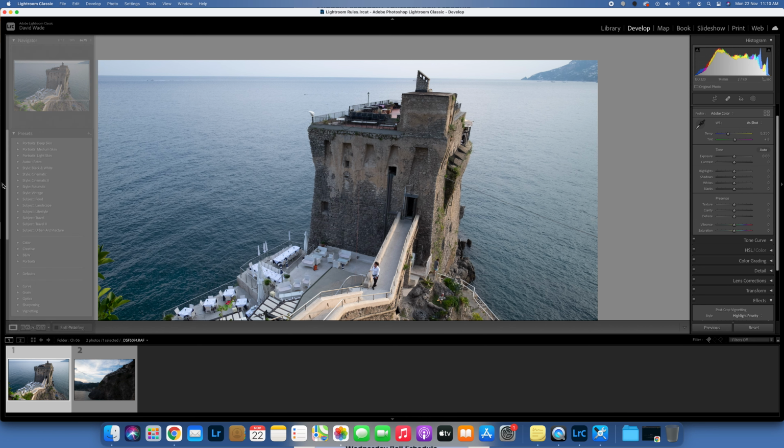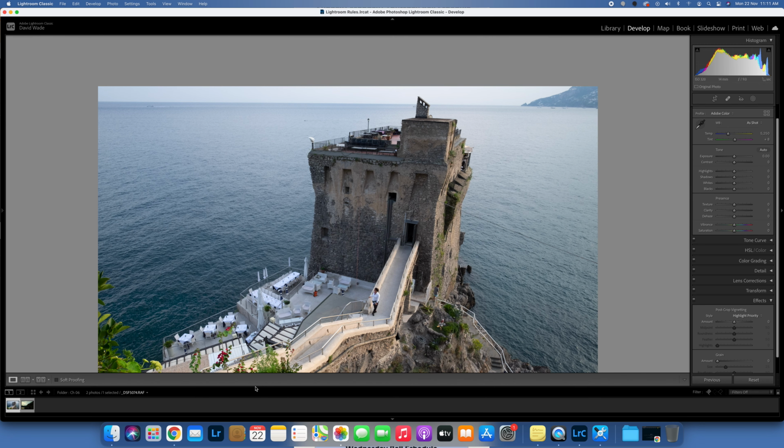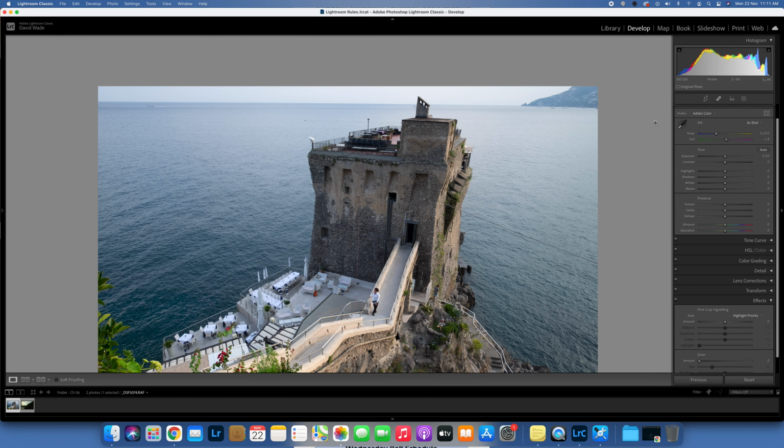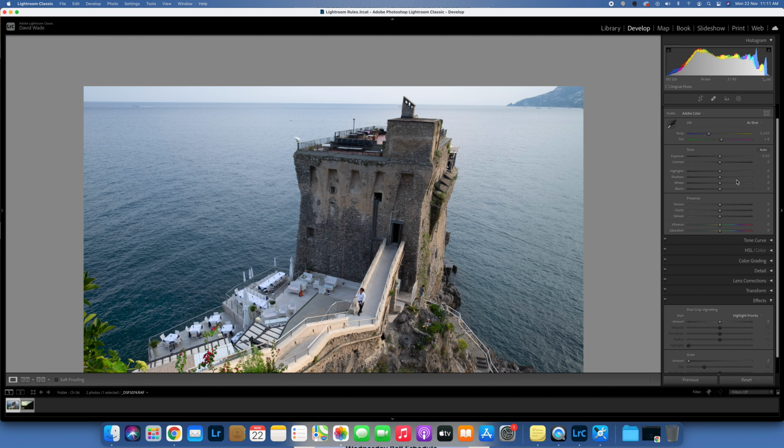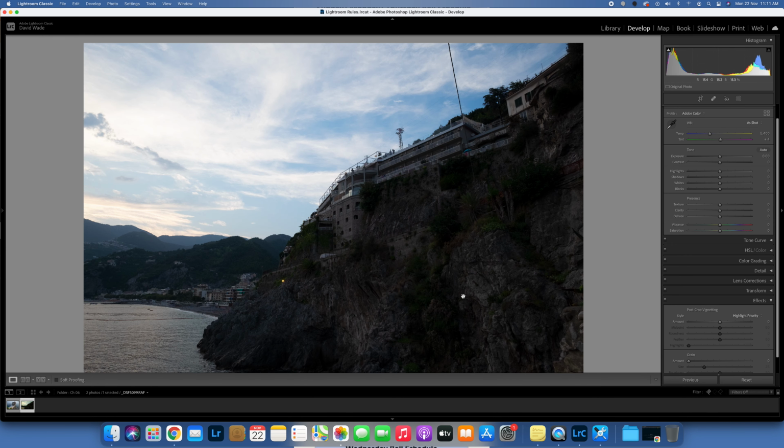And something that we're going to do right now is configure the workspace. I'm closing out this panel because it's just not necessary to photo editing, and I'm also dropping down the film strip. What I will do instead is stretch out these panels because this will provide more nuanced editing for the photos. Alright, so the first thing that we're going to do is go to this photo,